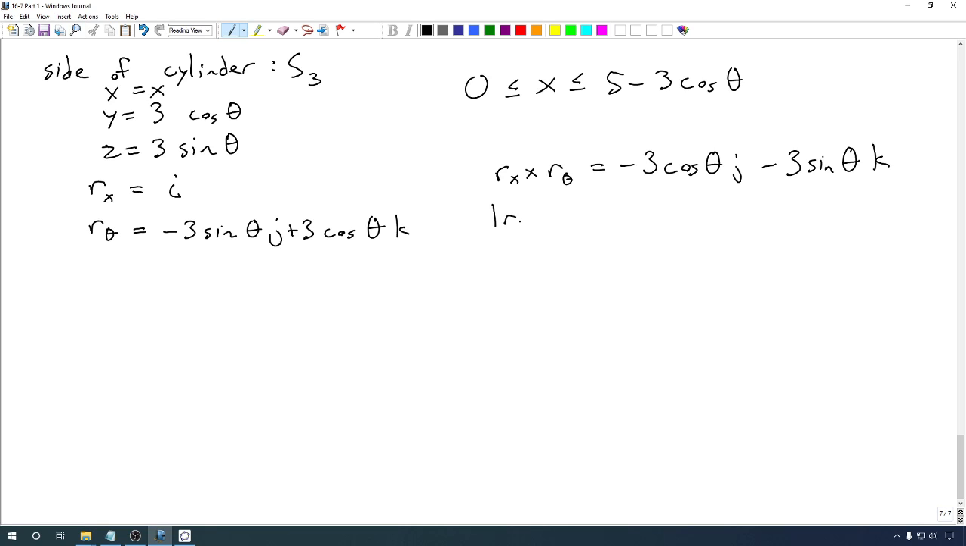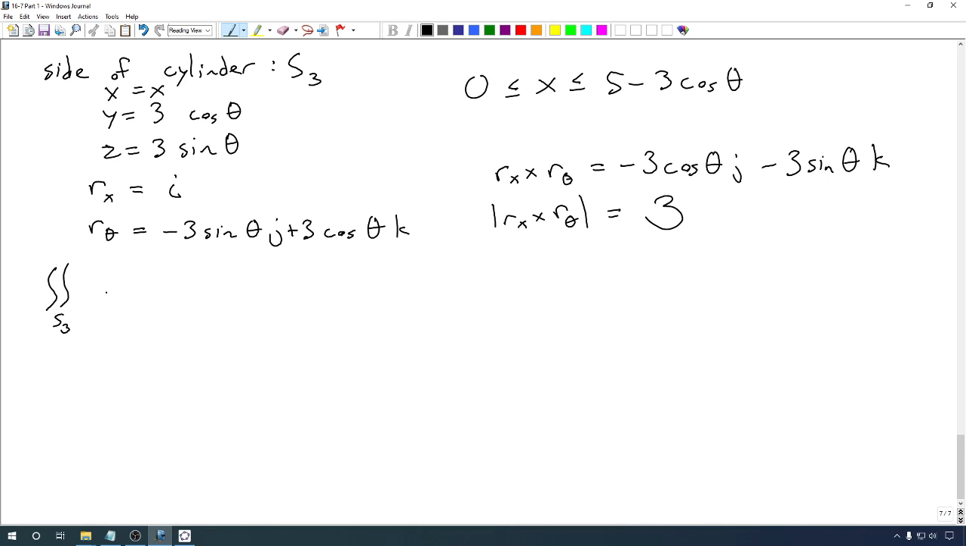The magnitude of this, we're taking negative 3 cosine theta squared plus negative 3 sine theta squared. Well, cosine squared plus sine squared, of course, is 1. So we end up with the 3 squared, but we're taking the square root of that, so we just get 3 overall. So at least that part is actually pretty nice and simple. And our integral